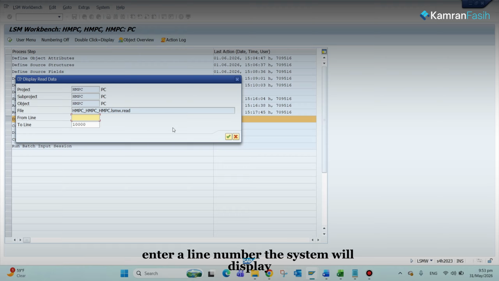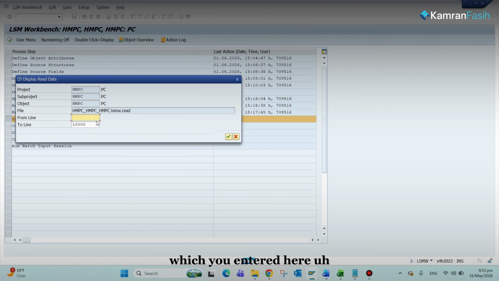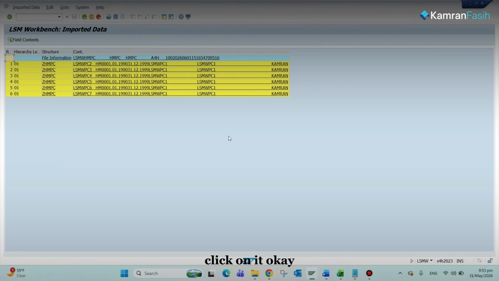If you enter the line number, the system will display the data starting from that specific line which you entered here. If you do not enter any number, the system will display all records. So I am not entering any number. Click on it. Okay, the system is displaying all the records,